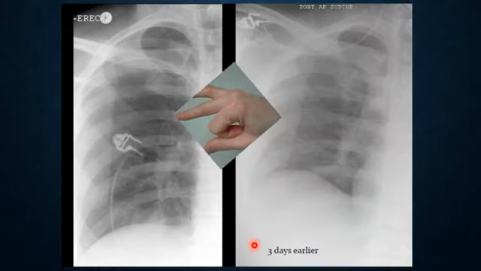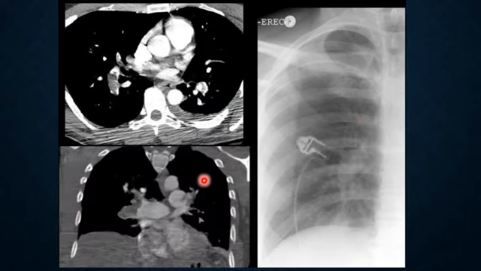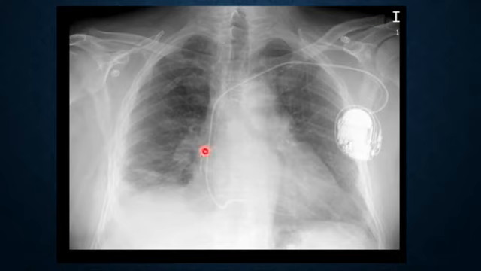So again, you can see this is the knuckle sign. You can see the vessels like this bulging like the fingers of someone. And you can see here the filling defects within the arteries of the lung, confirming there is pulmonary embolism. This is the knuckle sign. You can see it, big prominent hilar vessels. Another example here, you can see this big